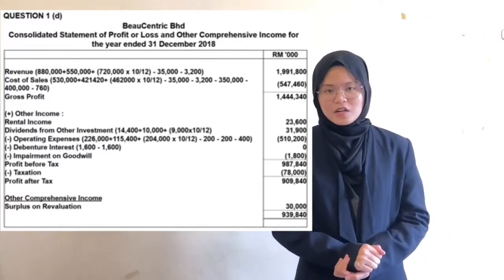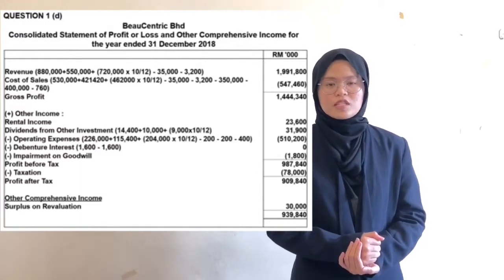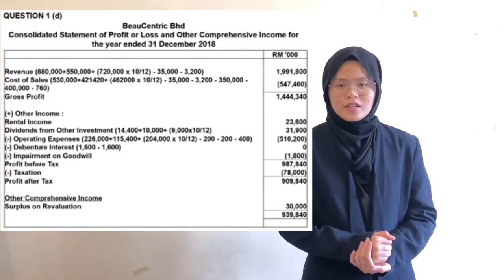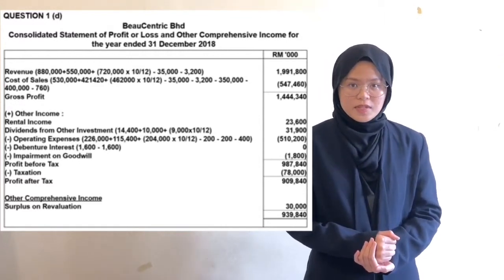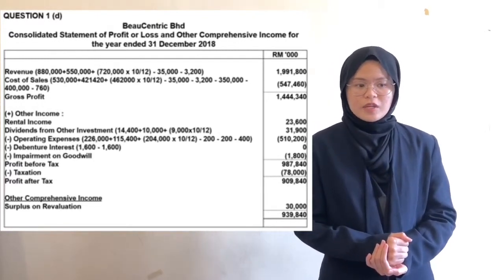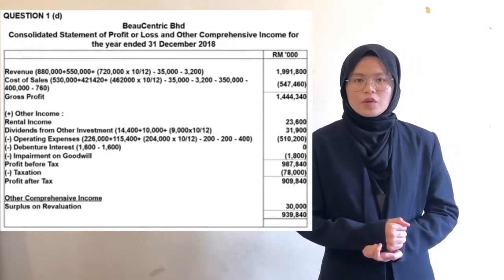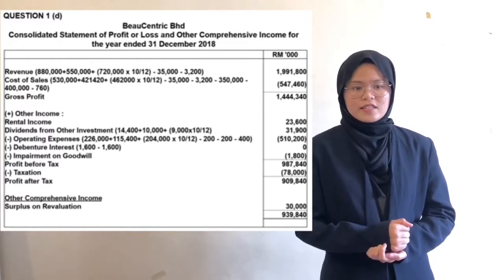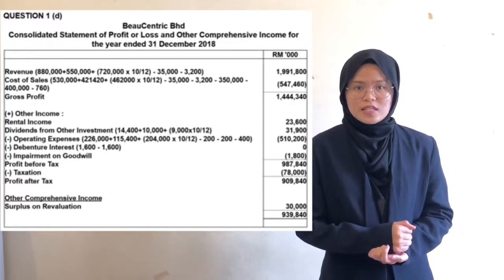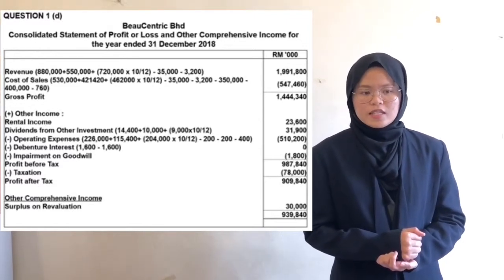1,444.34 million. Next, we need to add other income, which is rental income amounting to 23.6 million, and dividend from other investment, which is 31.9 million, and minus operating expenses, which is 510.2 million, and the bank interest will be 0. Impairment of goodwill amounts to 1.8 million. So we will get profit before tax 987.64 million. So next we need to minus taxation 78 million, and we will get profit after tax 909.84